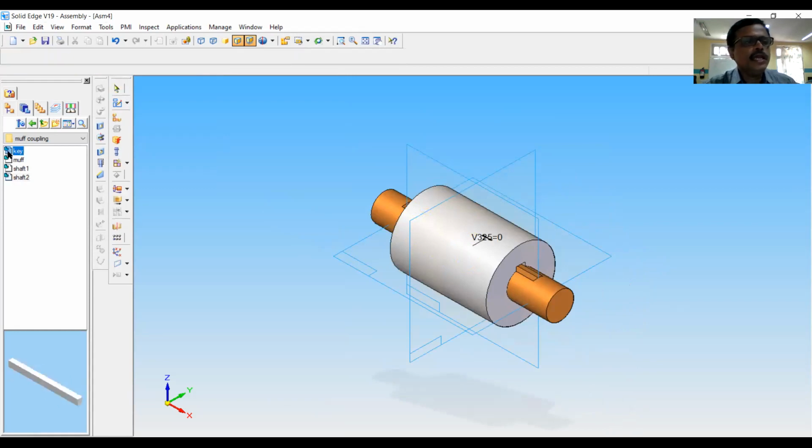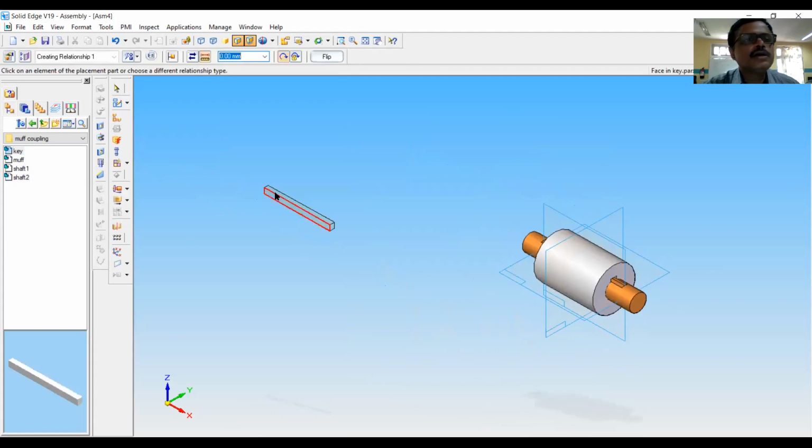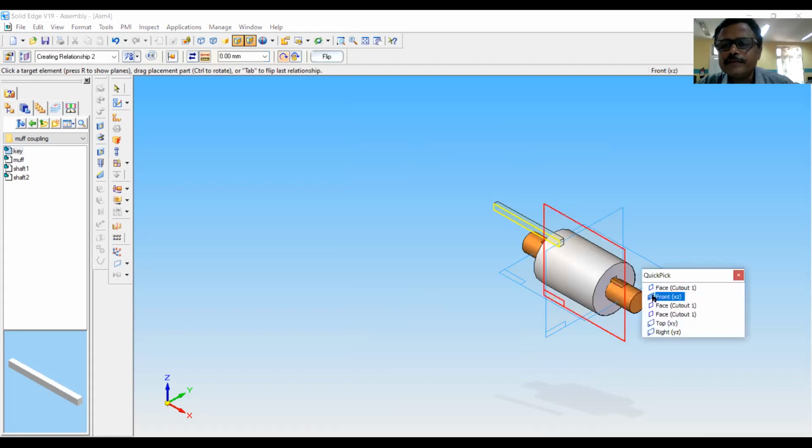Then assemble the key with this, align this surface with this plane, then align this surface with the quick pick option you have to use here. Which surface is suiting you most?